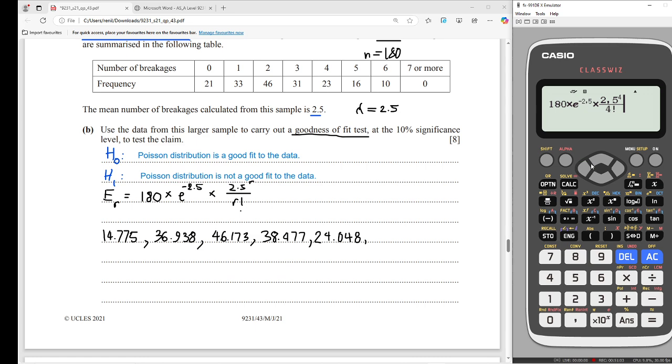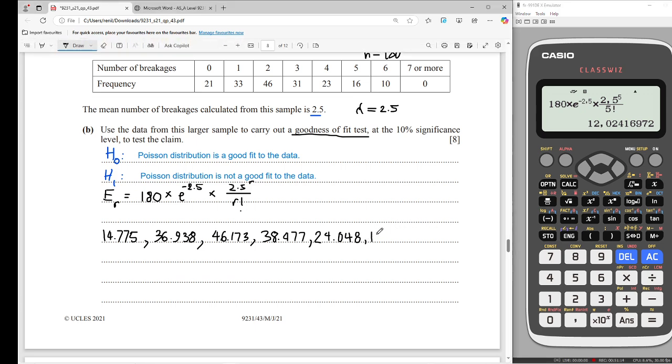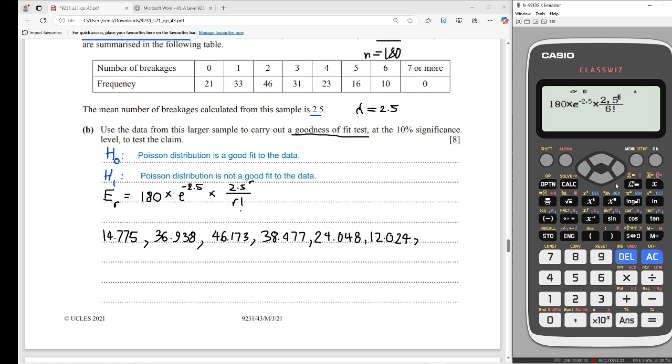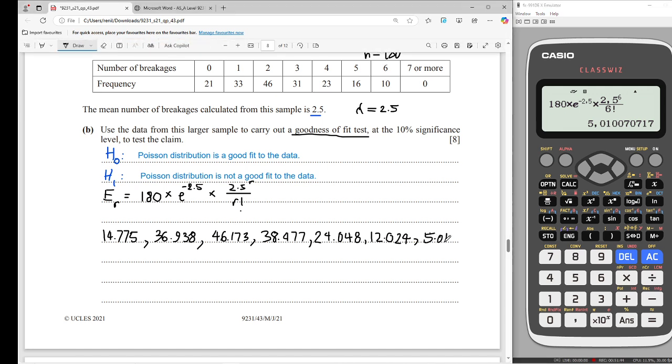Oh wait, this is not r equals 5. When r equals 5, we're going to have here 12.024. Now when it's equal to 6, we're going to write it here, or I can still write it here. So when it's equal to 6, we have 5.0101. Sorry, my bad. And when r equals 7,